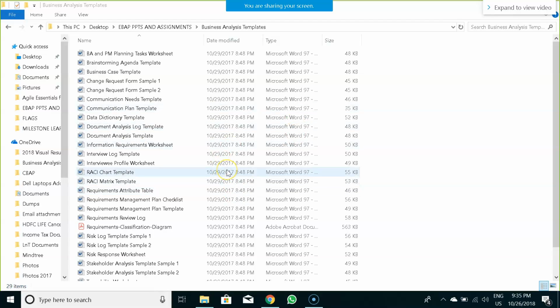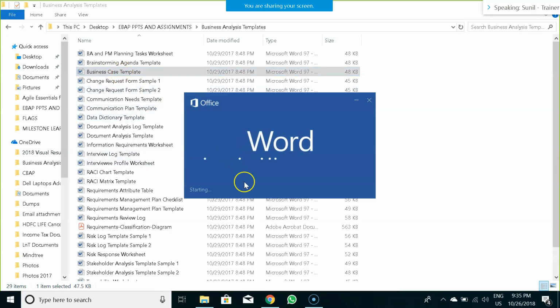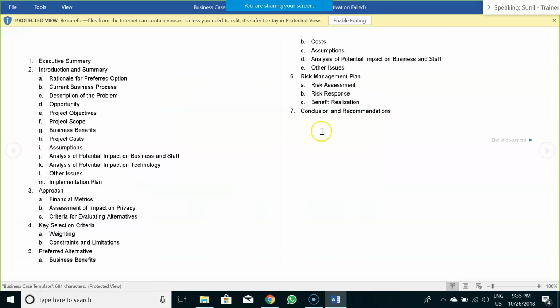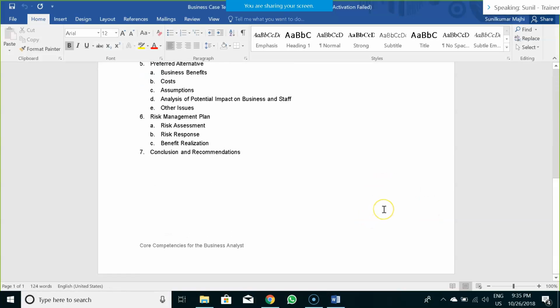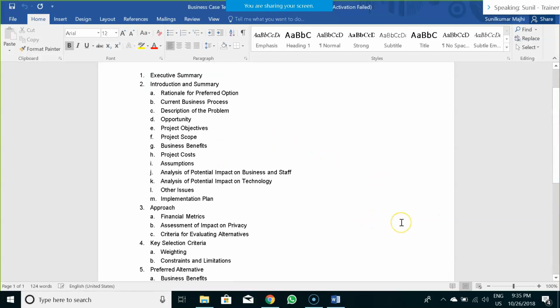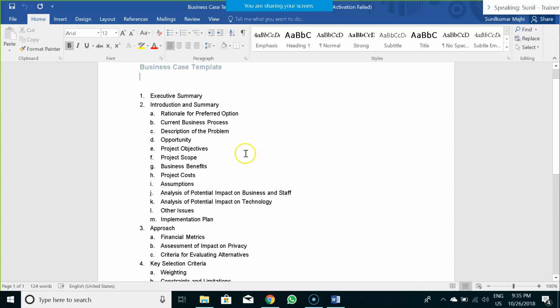So when it comes to the BA template kit or BA toolkit, we essentially have a set of templates that need to be used by the business analyst for performing their respective task, technique or activity. Some of the templates we have already seen, for example, the business case template. I have already given you a brief explanation around this template. I want someone amongst you to explain this template back to me.